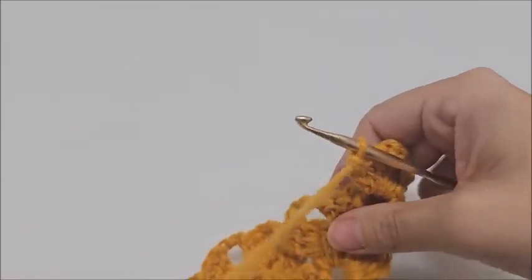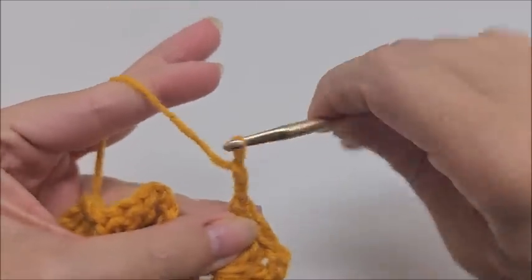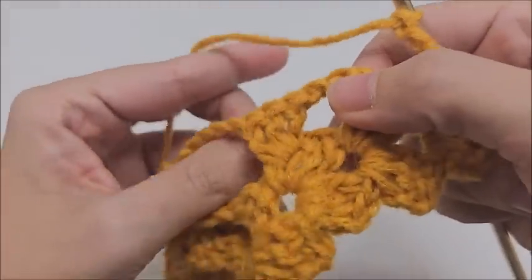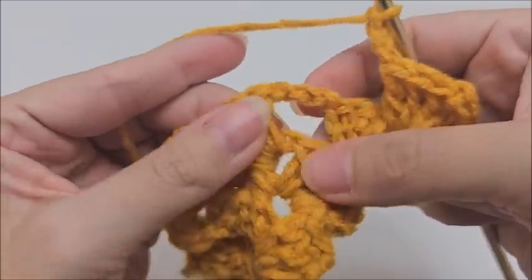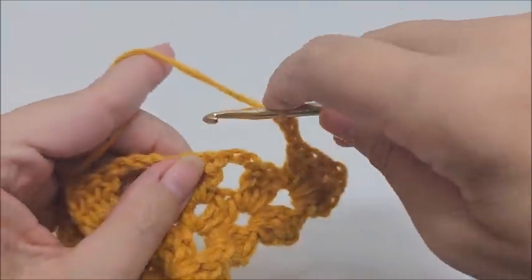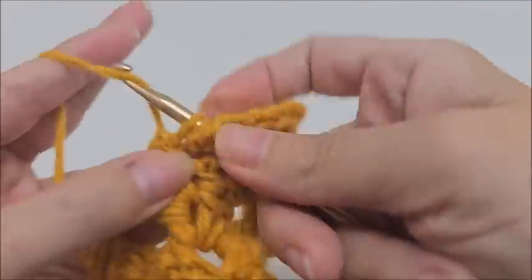And remember, we're just repeating row 4. So we're going to go ahead and work our chain of 3. Remember, it's very important not to do that very loose, that chain 3. And we don't do anything into this first set of 3. We look for our first set that was back post double crochets on the previous row, and you can see them very clearly right here. And in the first one, we've got to work 3 back post double crochet around that. So we're going to yarn over and back post double crochet